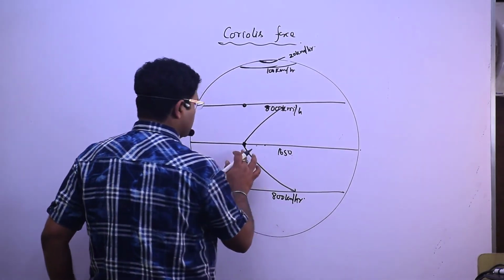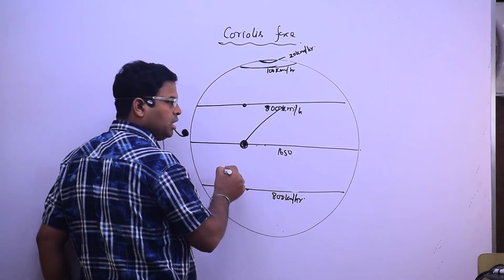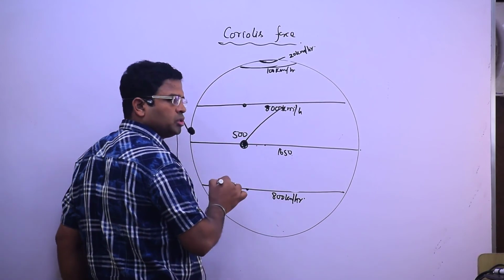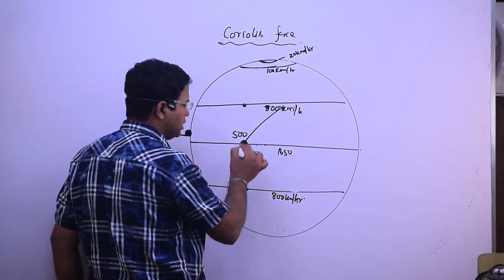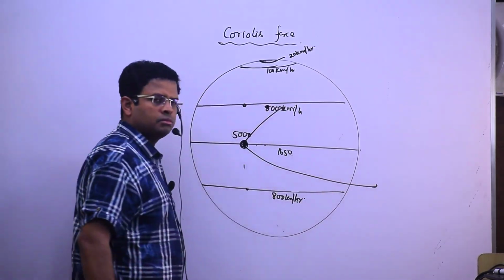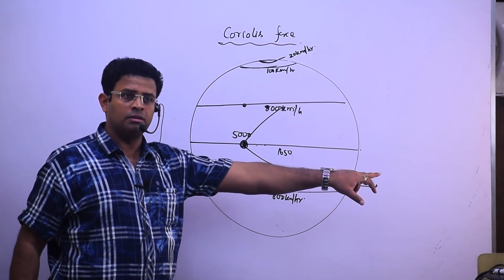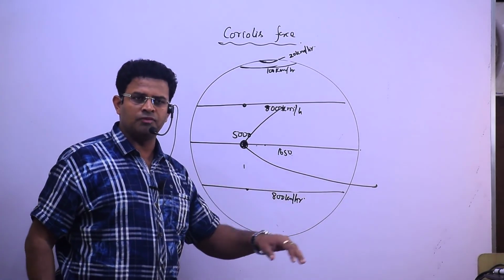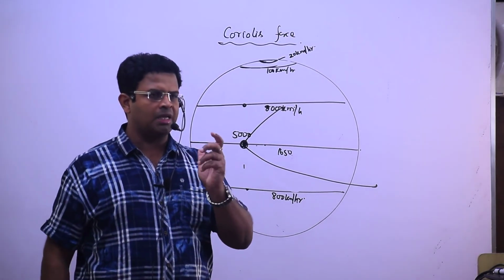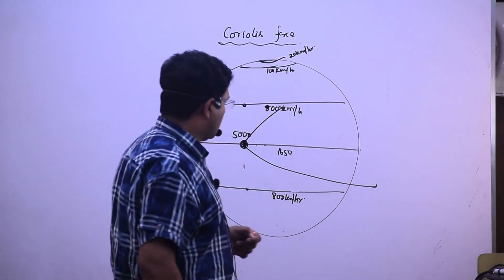Again, look carefully. If I say this ball is thrown and its speed is 5000 km per hour, then if the ball has been thrown from here, there will be more deflection. So how much will it move? 4200 km ahead. So deflection will be more. If the speed difference is very high and the wind is moving fast, then you should have an idea that when the wind is moving fast, there is more deflection.